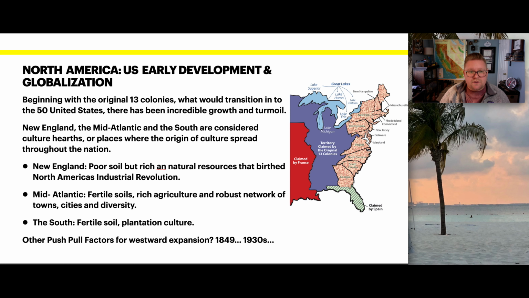Moving forward, let's look specifically at the U.S. early development and globalization. Beginning with the original 13 colonies, what would then transition into the 50 United States, there's been incredible growth and turmoil. New England, the Mid-Atlantic, and the South are considered the cultural hearths, or places where the origin of culture spread throughout our nation. The New England area was known for its poor soil, but was rich in natural resources,